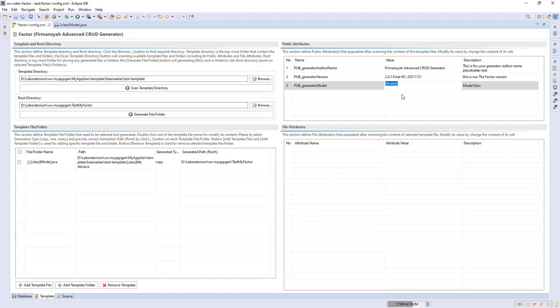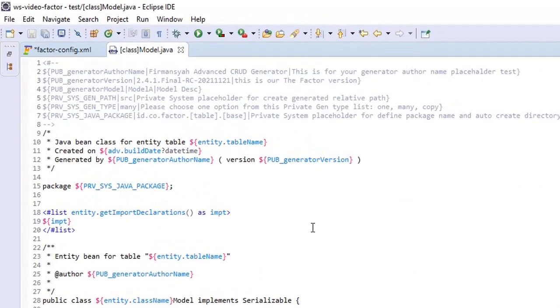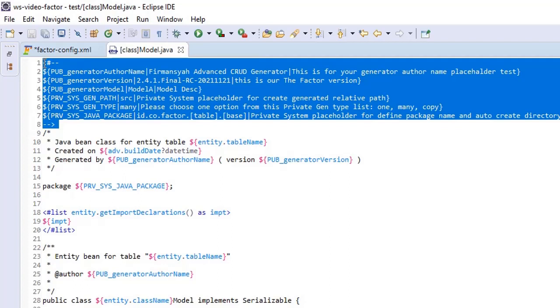During the generation process, this placeholder will be replaced by this value. If you look inside the file template, for example inside this class model.java, you can see the FreeMarker command. The command inside there will be removed during the generation and will not exist anymore in the target file.